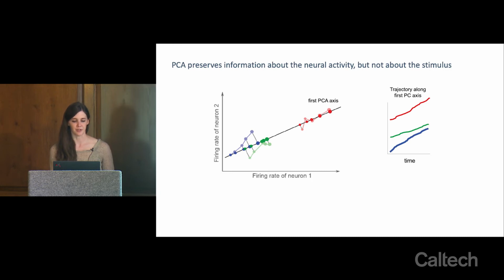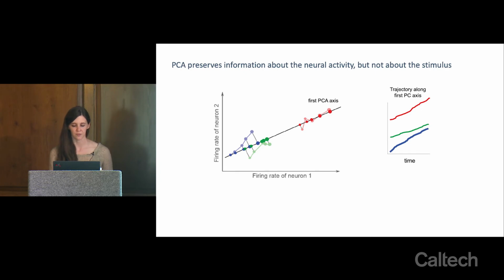It's capturing this difference in the sum of the firing rates and this higher activation of the neurons by one stimulus versus the others. But it's not really doing an excellent job of separating out the representations of these different stimuli. It's kind of pushing the green and the blue stimulus on top of each other, even if their original representations are distinct. And this axis, because it's just trying to capture variance, and you have this one signal that's way out here, is kind of getting biased by these points here, and is losing any structure that distinguishes between